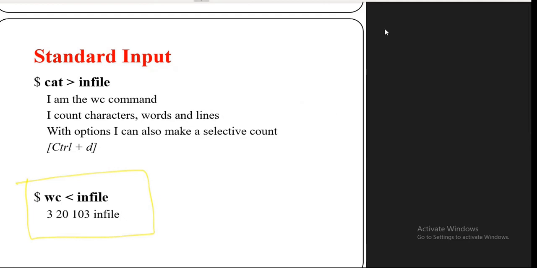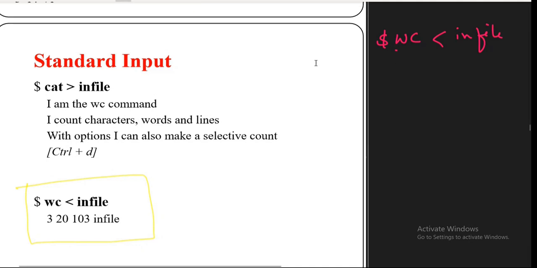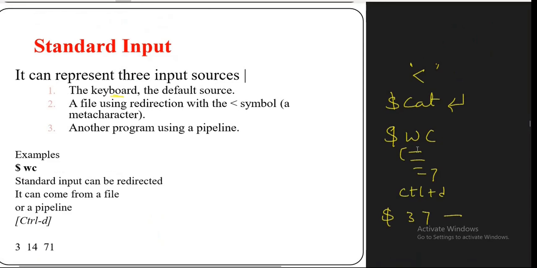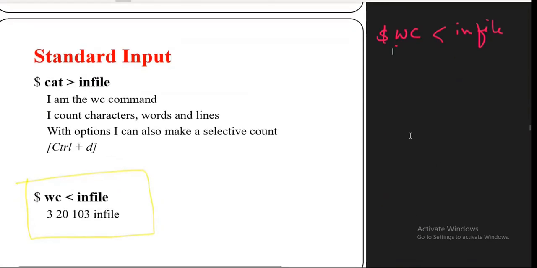Okay, that is $ wc redirection in file. So I'm just giving this file as an input to this command wc. Before, in the previous example where I had not given any input, I had to enter it from the keyboard, but here it is going to get the information from the file,